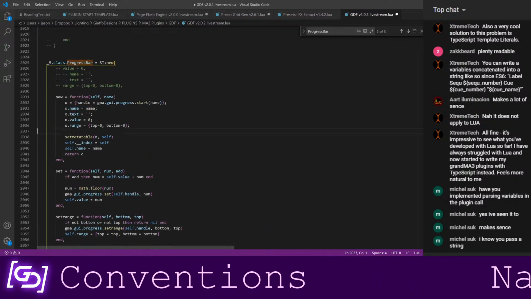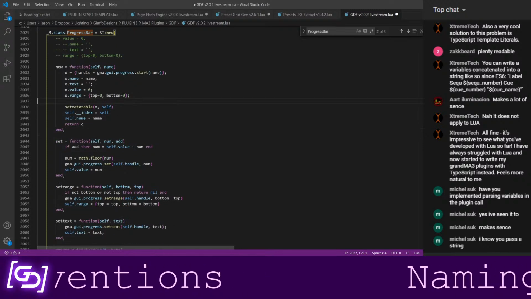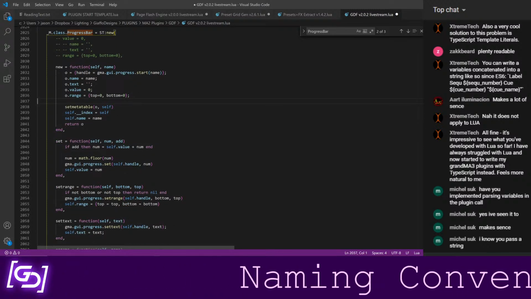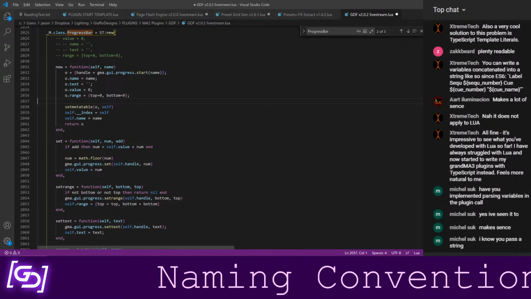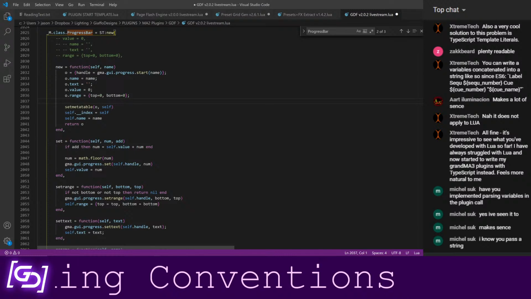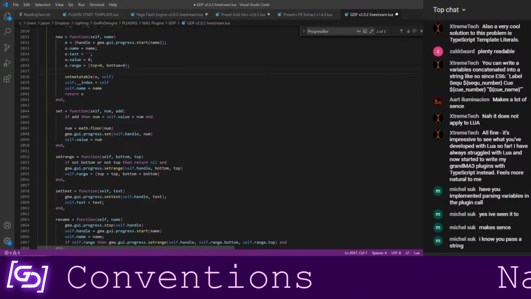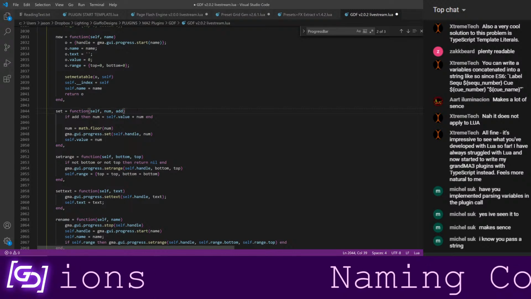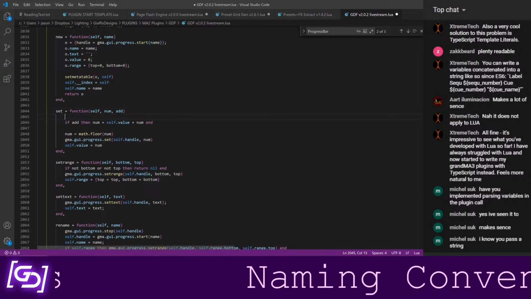With that, there are a couple different things I wanted to be able to do with the progress bar. For example, I might want to just tell the progress bar increment by 1. I don't want to have to tell you the number. Maybe I don't want to be tracking the number. I want that to live inside of a progress bar item. So I just tell it set, and I will give it a value of 1.